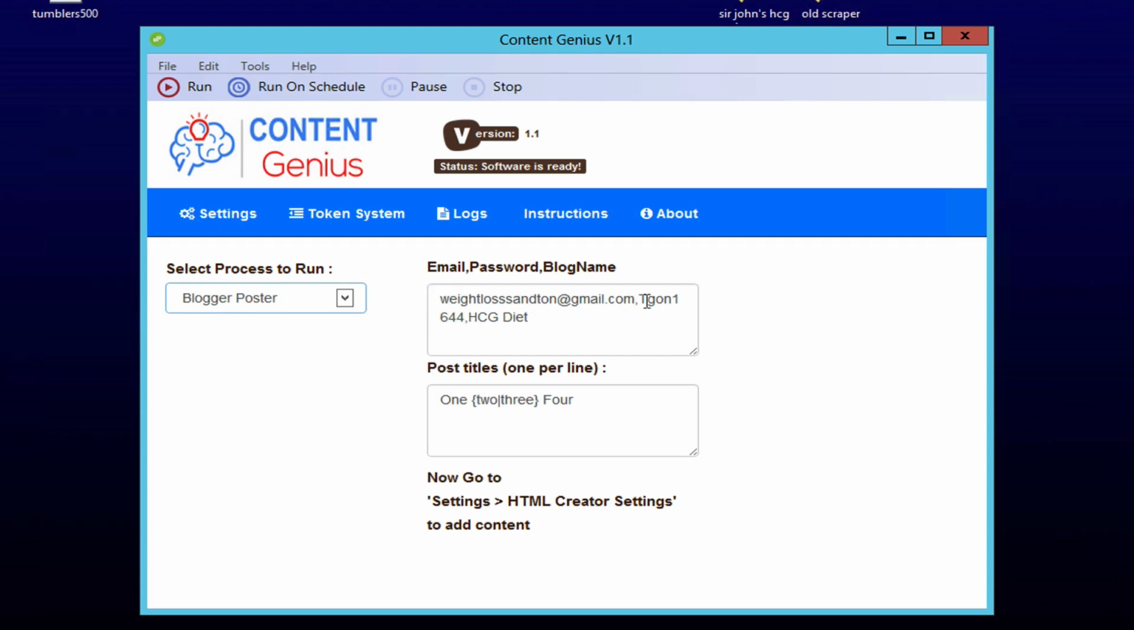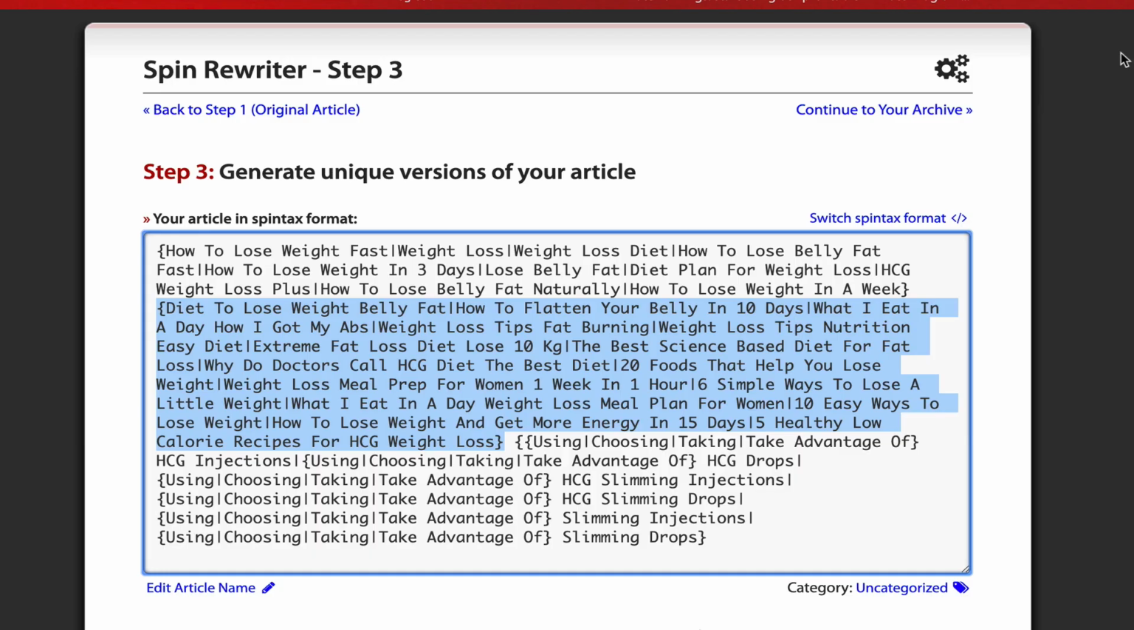So the name of the blog is called HCG Diet, and I haven't posted any titles in here. Let me pause that quickly and I'll put some titles in there. So what I've done is I've popped over to my spin rewriter, and I've taken some of the keywords that we find. These are keywords we get from AdWords, and they're all at least 500 searches a month, but they're not terribly high